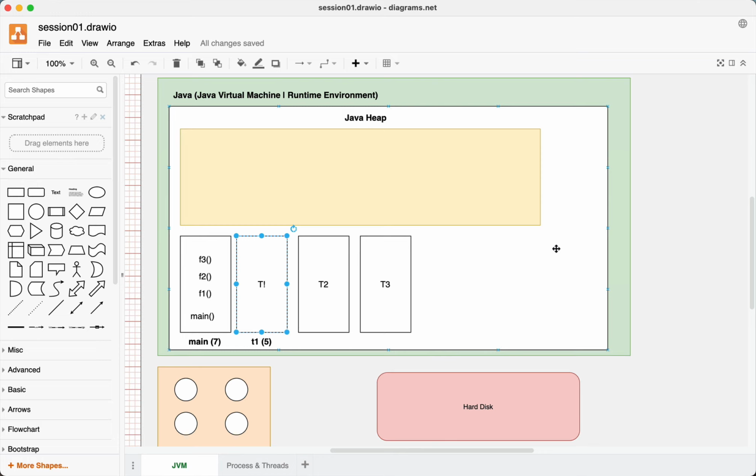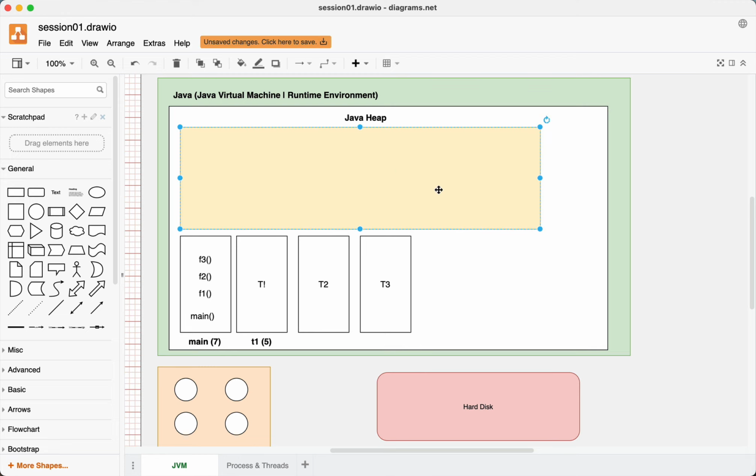Now, the next thing that we are supposed to discuss is the creation of objects. When we start creating objects, those objects get created here in the heap area. Now, this is again extremely important, as is talking about threads. I did not discuss with you how to write a multi-threaded application, which involves complex applications, but the very fundamental thing, how your Java program runs, is extremely important for you to understand. And that's how we started with this.